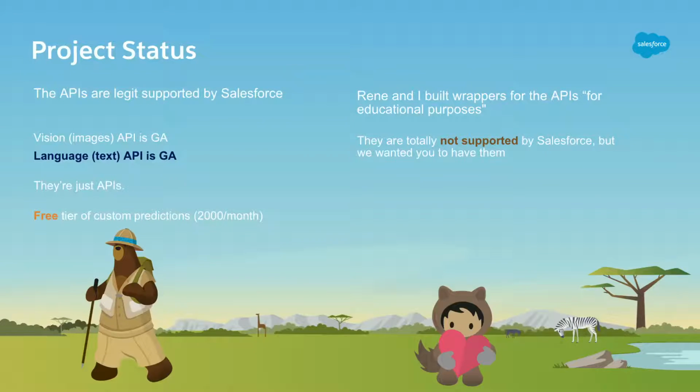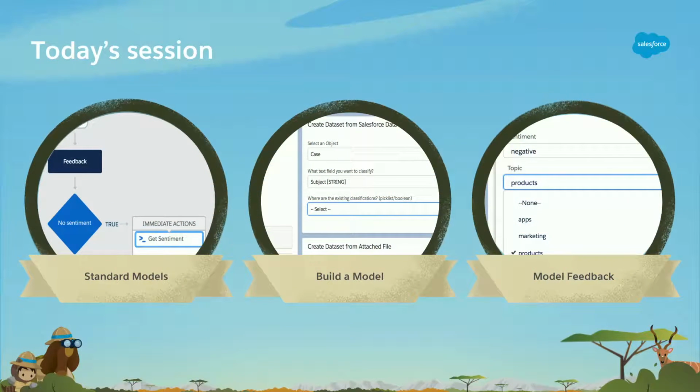Okay. All right. We're going to do 3 things today with this stuff that we have, and then time permitting, we'll just kind of look around the rest of it and give you a tour. We're going to take the standard model. So we have a standard sentiment model, positive, negative, neutral. We're going to hook that up in Process Builder and store those results on a custom object, okay? Which is mildly interesting.